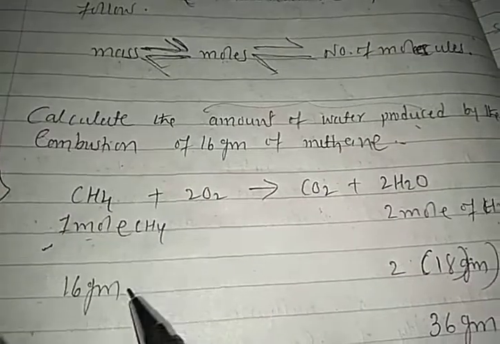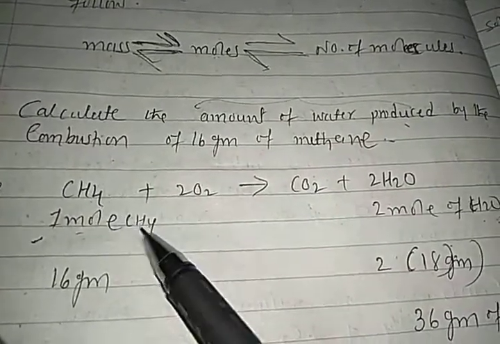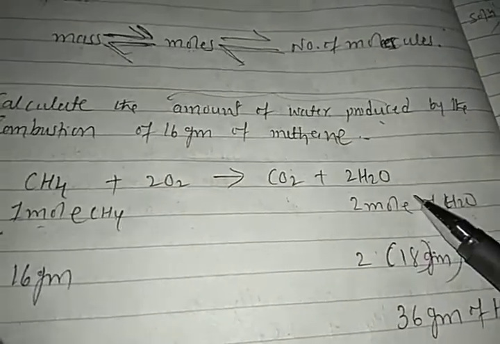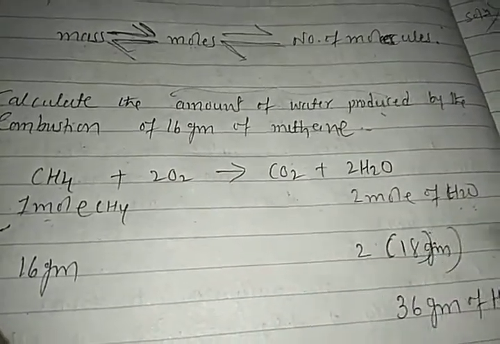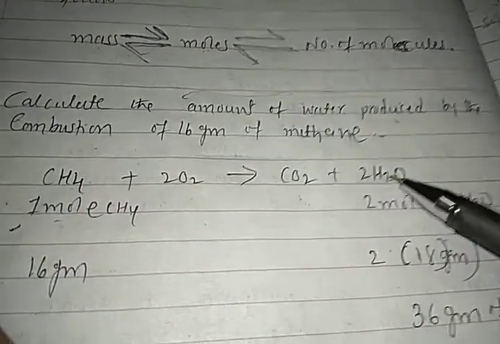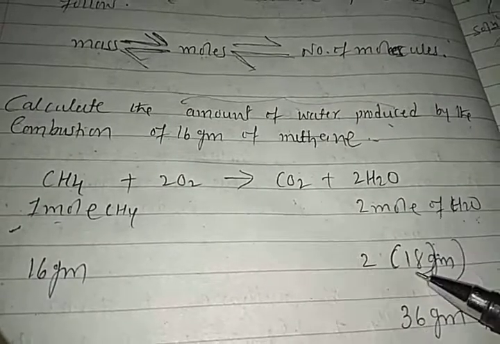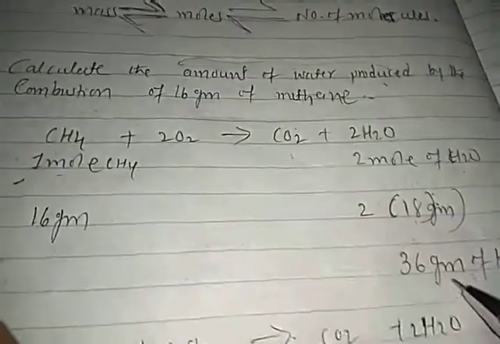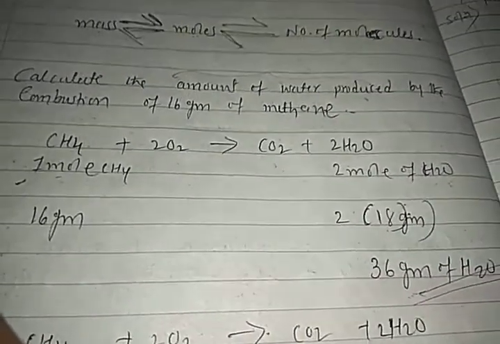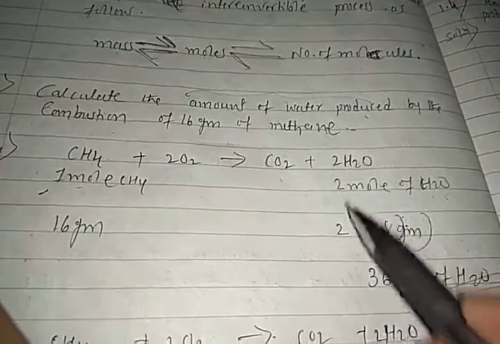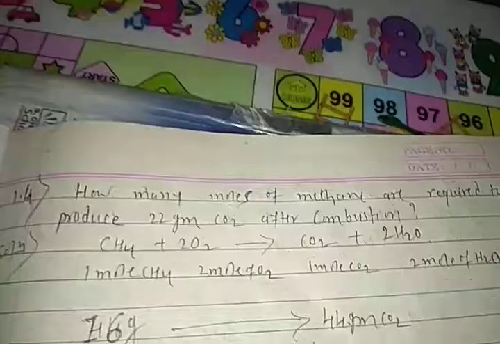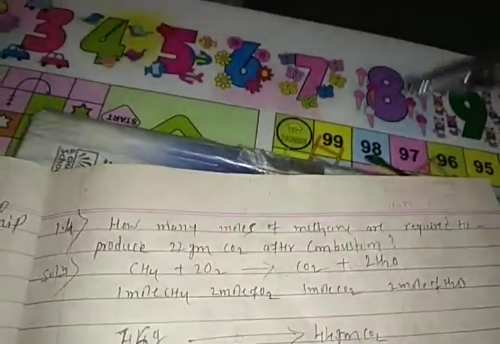So 1 mole of methane means 16 gram of methane, already we know that. So 2 moles means how many grams, what is the amount, what is the mass? We are using 2 as it is, and the molecular mass of water is 18 gram. We are multiplying them, then we got 36 gram. So this is the answer, students, 36 gram. We multiply 2 moles as it is by the molecular mass of water, 18 gram, so that is 36 gram. So students, let's see one more example.